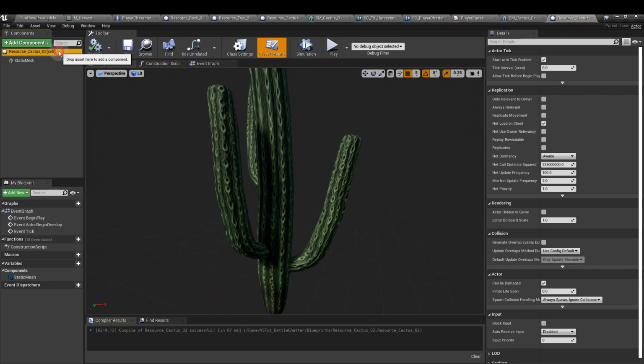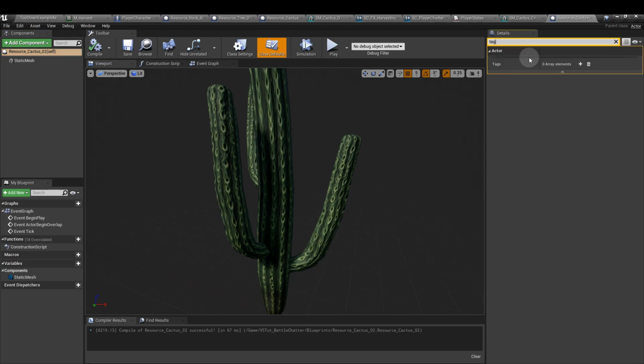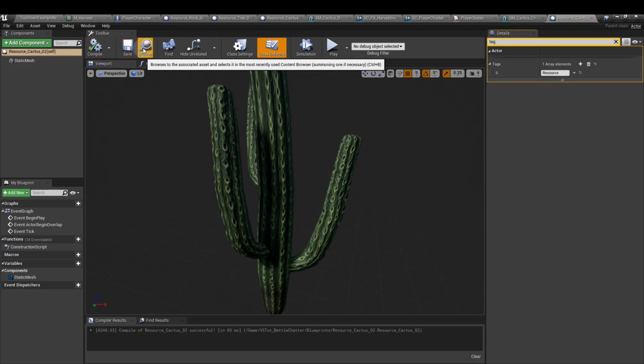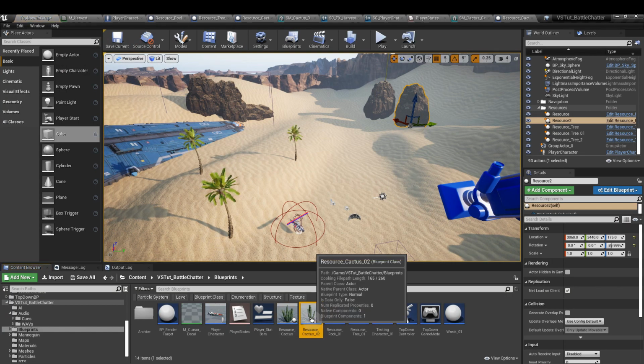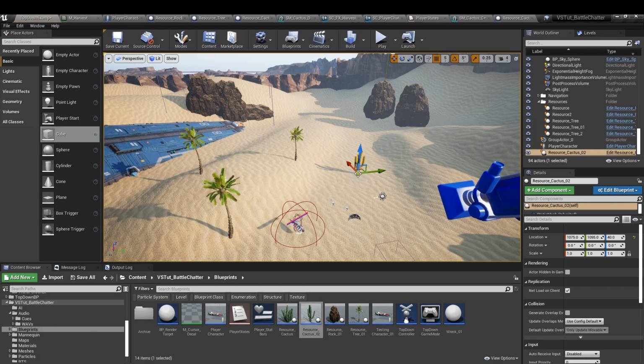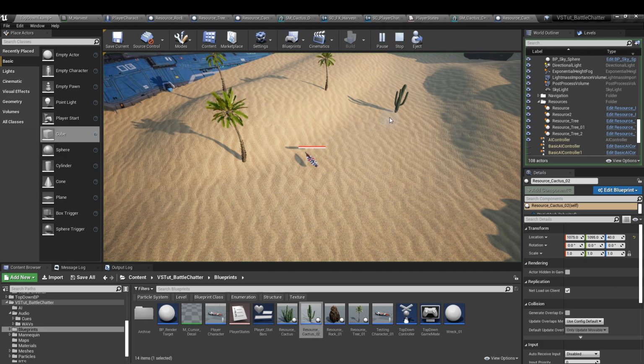And with the very topmost component on the left hand side selected, in the search details section, if you type in tag, it'll say actor here, add an element, resource, compile, save, browse to that blueprint, click and drag it in, and now if we hit play,